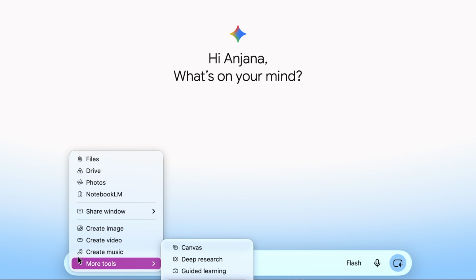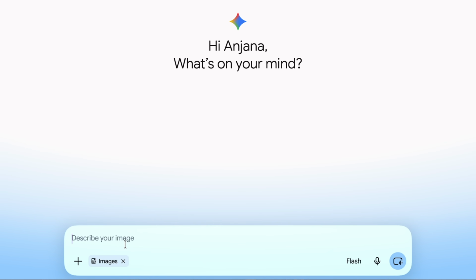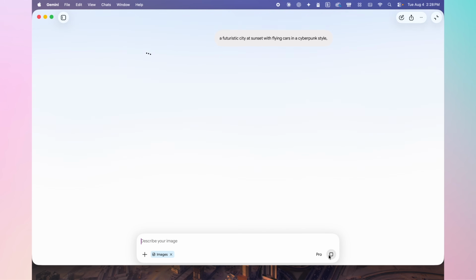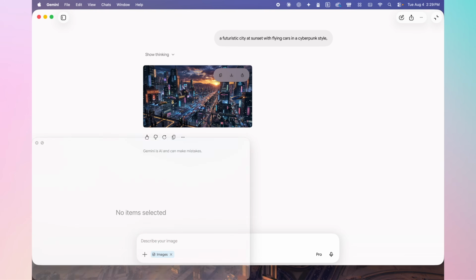Now let's talk about some of the Gemini's most useful features. The first feature I want to show you is Gemini's image and video generation. Let's start with images. Gemini does an excellent job of creating brand new images from a simple text prompt. For example, I could ask it to generate a futuristic city at sunset with flying cars in a cyberpunk style,